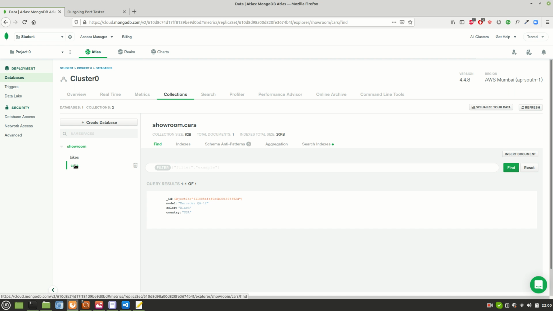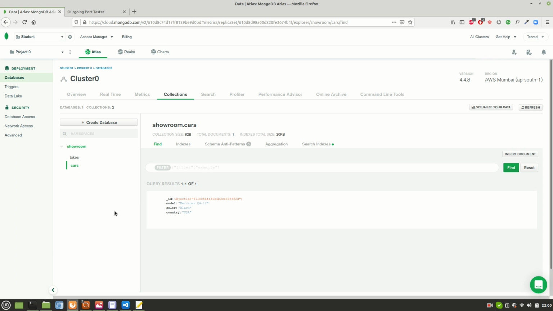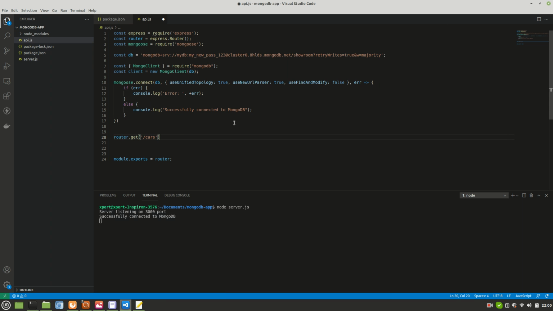One is bike and other is cars. Now how will our code know from which collection it has to read, whether it's bike or cars? Because in the API endpoint I can make it anything. I can rename the route to anything, but how will our code know from which collection it has to fetch the data?